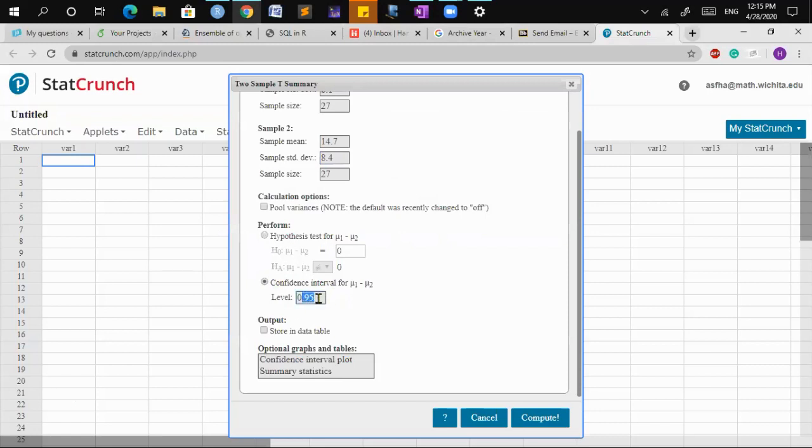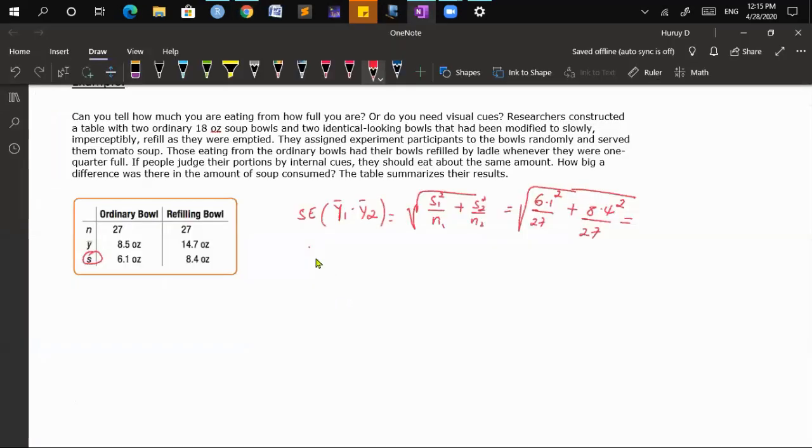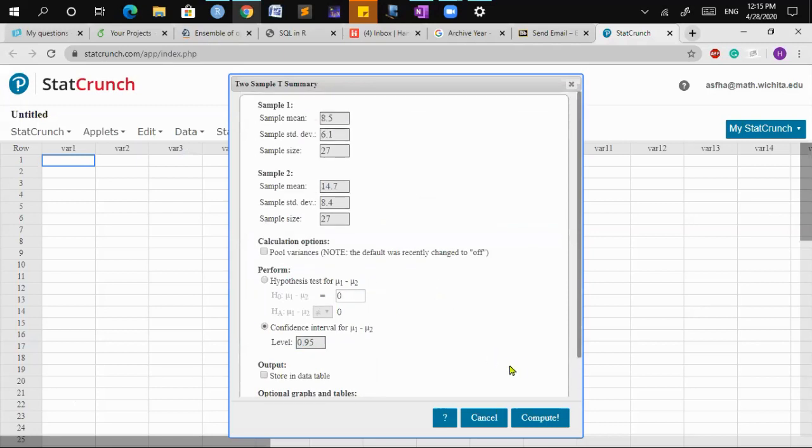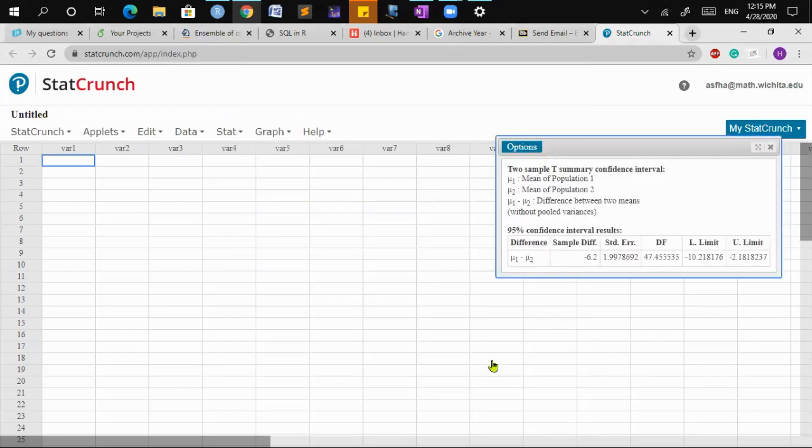And then you can provide the confidence level here. Since it's not given here, we will use 95% by default. If you look at this one, by default it's already there, so by default it will be 95. But if you have a different level, you have to change this number as well. And by doing so, we just compute this. And here you have,